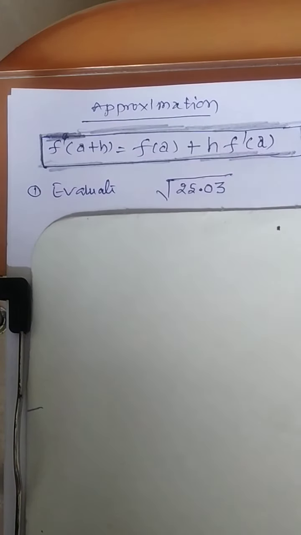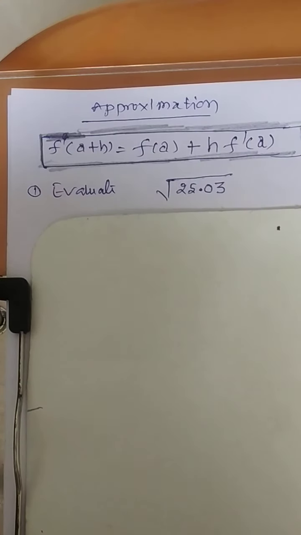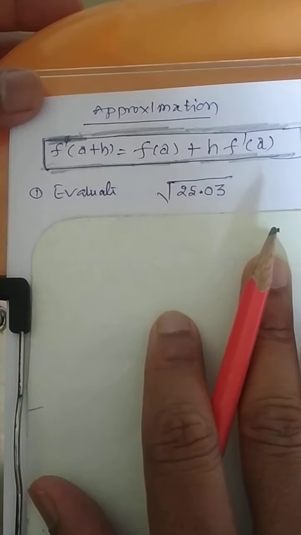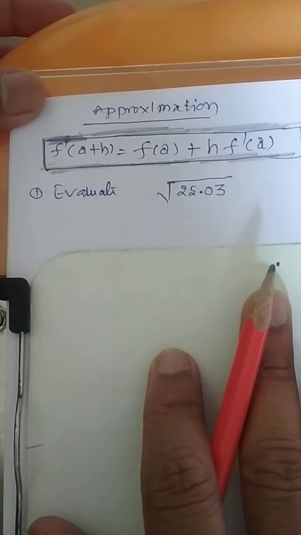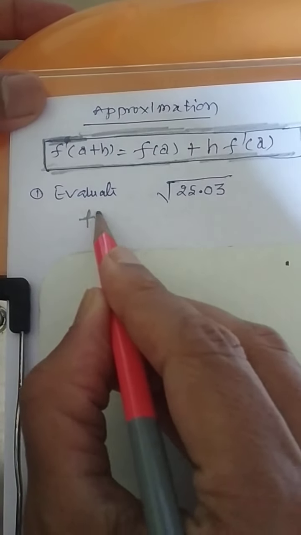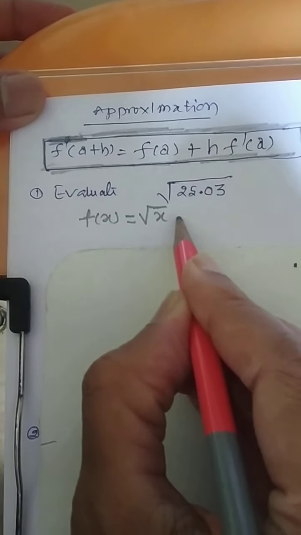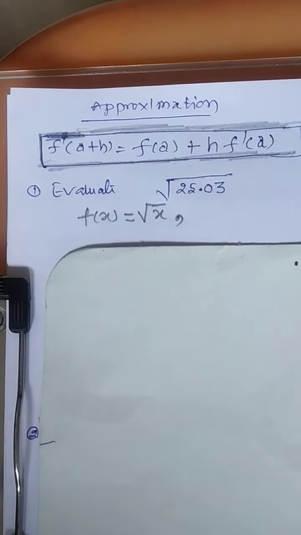Let us look at the first question, square root of 25.03. Do you know, whenever you wish to answer this question, the first basic rule is you are going to find out the square root of this expression. The number is given as 25.03. Out of that, the one thing which is known to you orally or which can be calculated easily, that is the first expression one should understand. The question demand is finding the square root of something. So f of x is nothing but square root of something. That is the first you should get from the question.